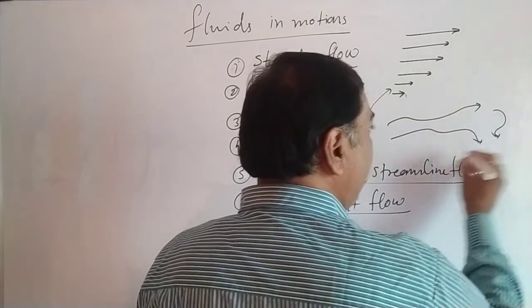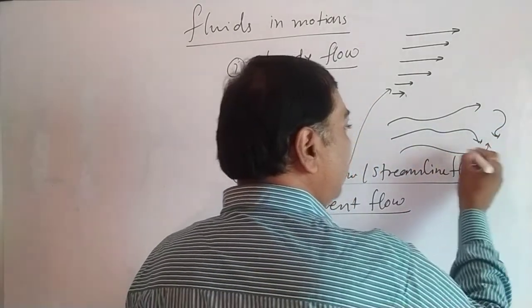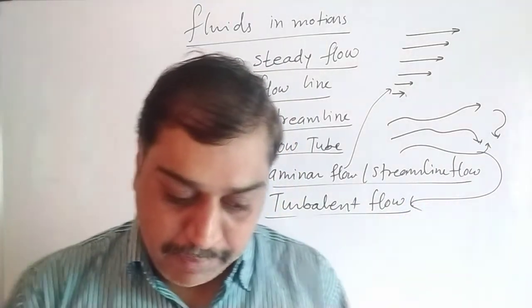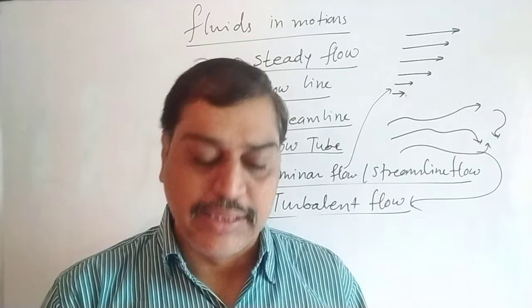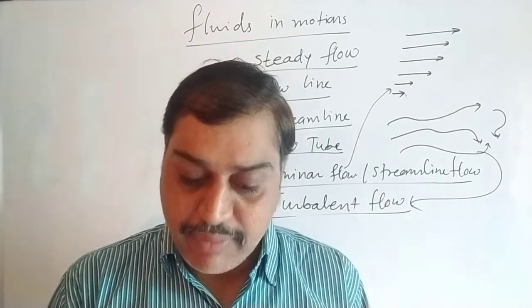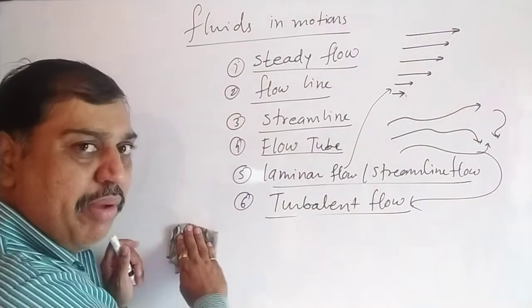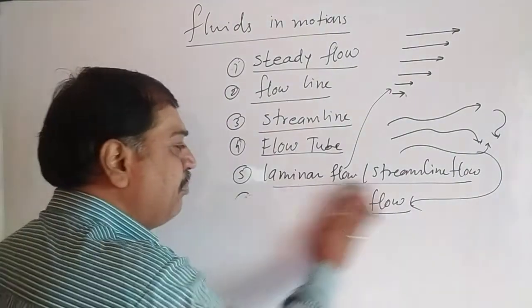In certain cases the velocity gets changed, and there would be mixing like this. This is the example for turbulent flow. So they have mentioned the turbulent flow and streamline flow. Let's go to the next, critical velocity and Reynolds number. You just have to revise this. Try to remember the definition of all these things. It's very simple to understand.